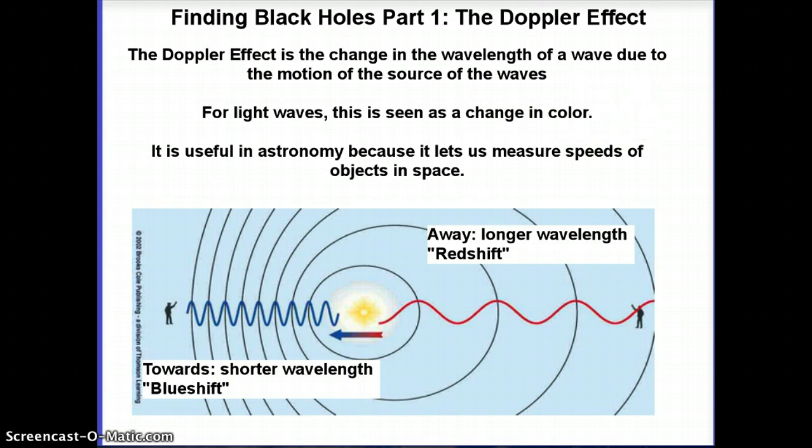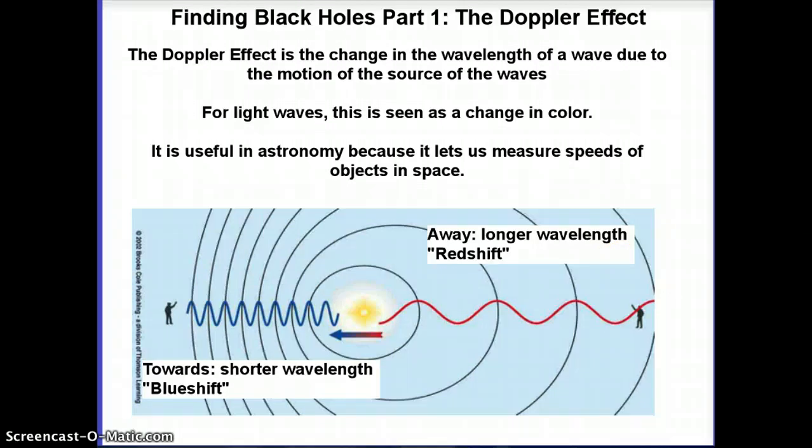You may remember from physics we talked a lot about sound waves and the effect this has on them. For sound waves, the effect was to change the frequency or the pitch of the sound being produced, and so we heard those very strange sounds produced by ambulances and car sirens and so forth. But for light, that's a change in color. So when we're talking about the Doppler shift for light, we're going to be using the terms blue shift and red shift. Blue shift is a shift to shorter wavelengths for an object that's moving towards the observer, and red shift is the shift to longer wavelengths for an object that's moving away from an observer.